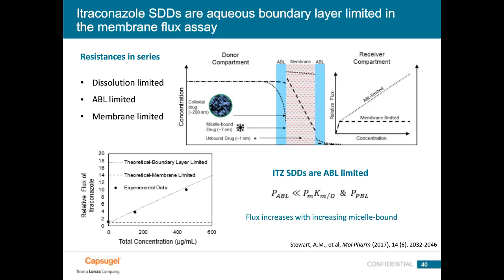And we were able to show that while they don't pass across the membrane, they can increase boundary layer diffusion, particularly when the micelle concentration is low. So particularly like in the fasted state, or in cases where micelle concentrations are very low, and in particular in cases where solubility is exceedingly low. So if you remember, even the amorphous solubility of itraconazole is about 10 microgram per milliliter, and it is necessary that the solubility is quite low for these colloids to have a large impact on the flux across the membrane.